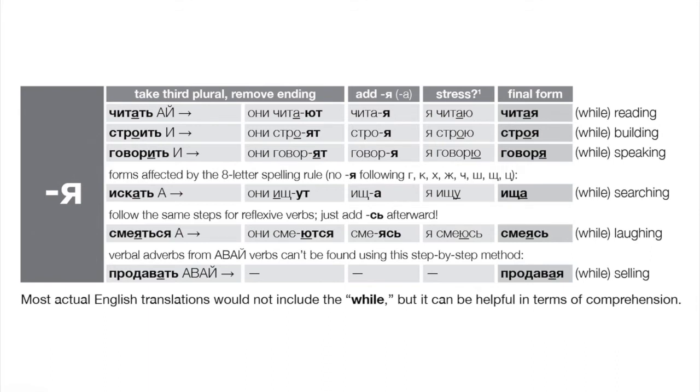Now, again, there are always going to be a couple of exceptions. A lot of those will involve avai verbs. I want to say for all of these deverbals, unless I'm forgetting something, the avai suffix never collapses, right? So even though in the present tense we would normally get, like in the third plural, продают, we can't use that third plural. Basically, this step-by-step form doesn't work. We end up with продавая, right? So be on guard using avai verbs with a lot of these different deverbals we'll be looking at.